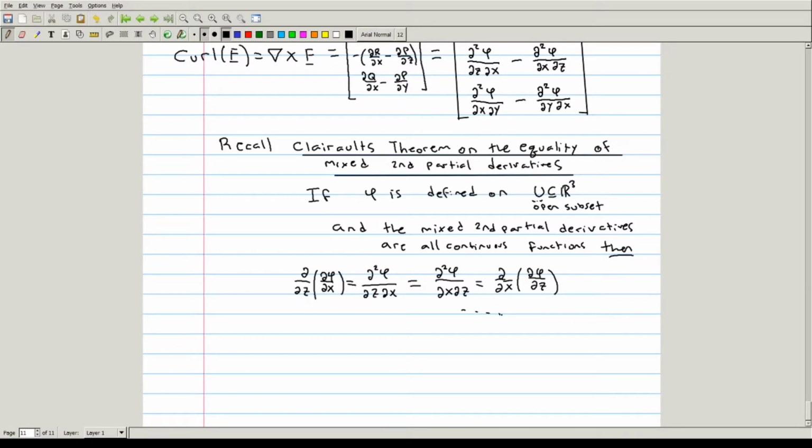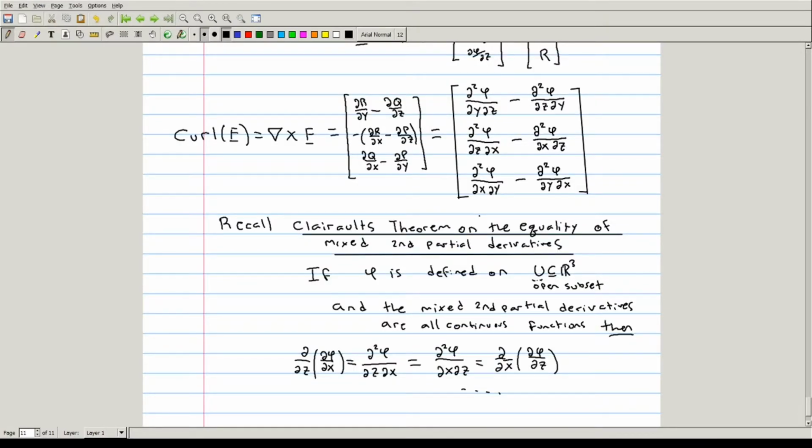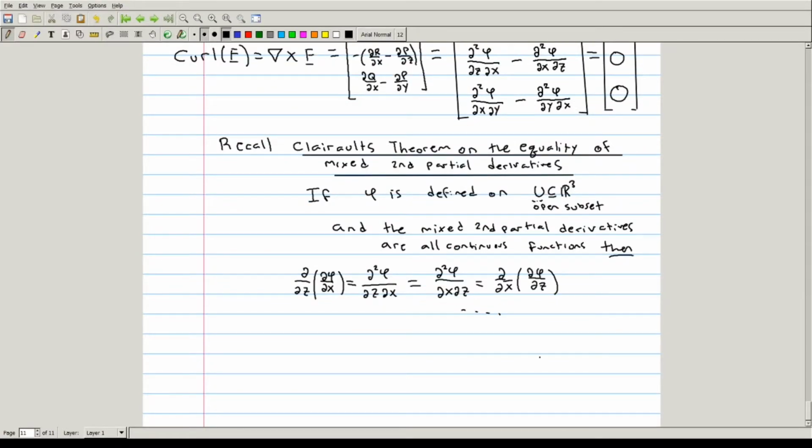And so on and so forth for all the partial derivatives. So by Clairault's theorem on the equality of mixed second partial derivatives, as long as phi is a smooth enough function, each one of the components of this curl is going to be 0. And this is the proof of this theorem,